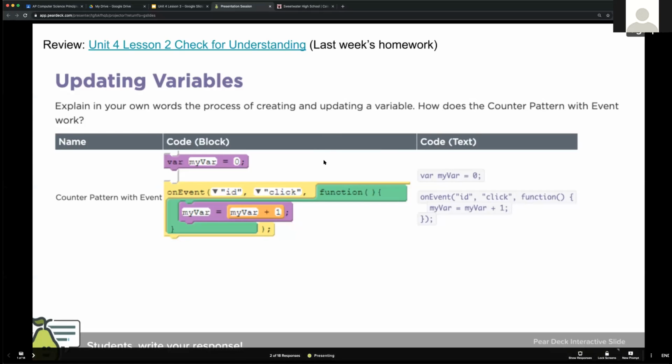So if you want, you can go ahead and copy and paste your answer for what you did for homework. If you did not do the homework, this is your opportunity to see some good answers. So last week I asked you to do this check for understanding question, which was,